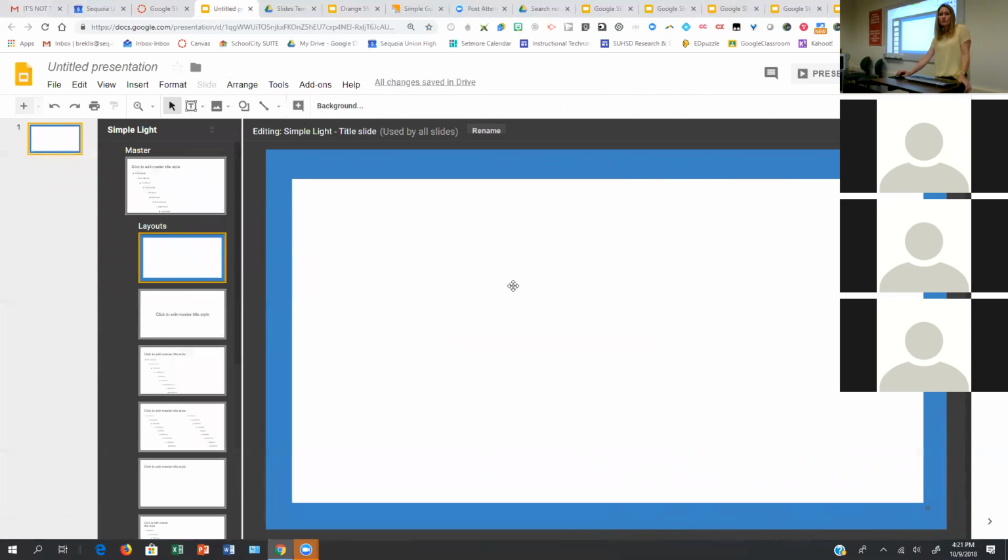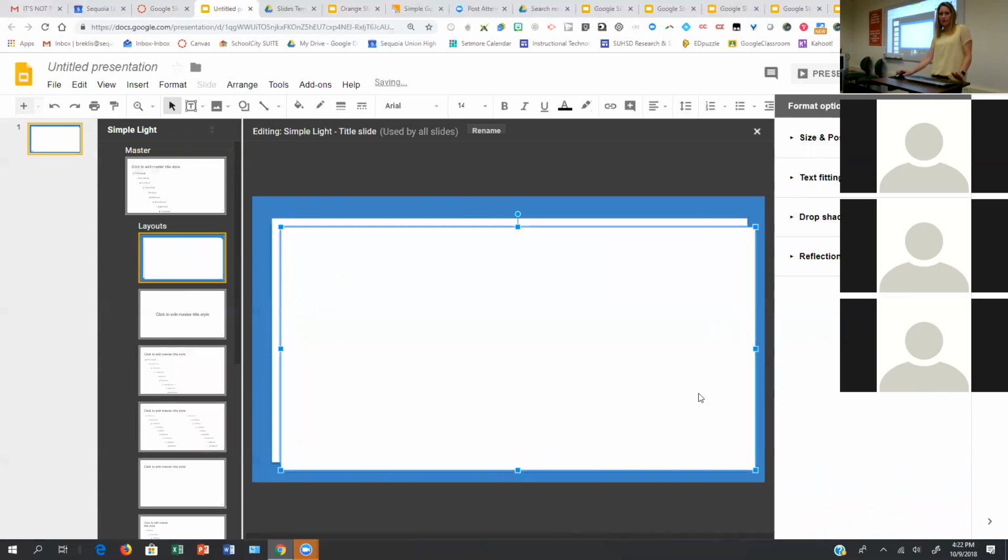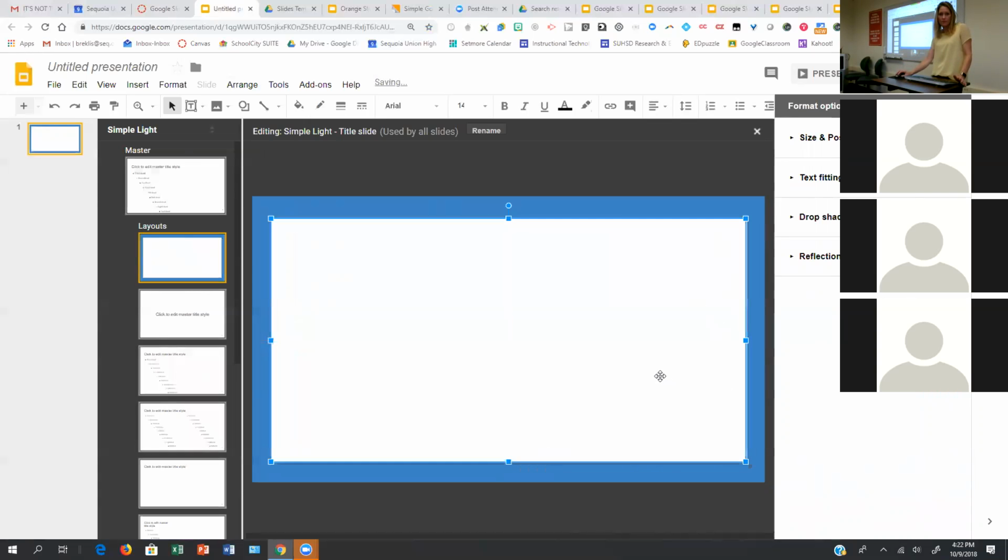Okay. So what I want to do is with the white one, I like to add a shadow. So once you've clicked on it, you can go to Format Options, to the bottom. And then where it says Drop Shadow, I'm going to select that box. And then you can see just the outline of a little shadow on one of the edges. Right now it's just along the bottom, but if I wanted it all the way around, what I've done is I'm going to copy the rectangle and paste it. I'm going to line it up. So that first one had the shadow, but only on the bottom.